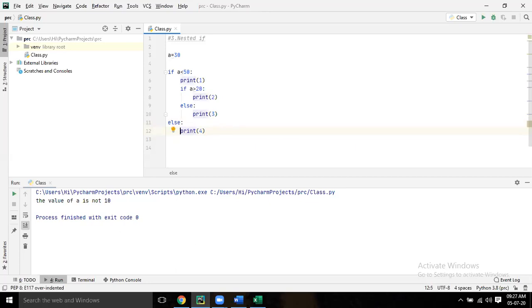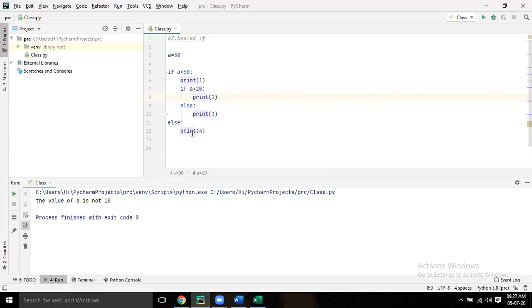Now see the indentation properly. First for this if, this is the else. Last else is for the first if. So everything should be in the same indentation. All print, if, else, print. Now second if and second else inside, that will be in the same line. Now print 2 and print 3, you have to give tab. That means this print 2, print 3 is inside the second if, second else. But print 1 and print 4 is inside the first if, first else. So this is the indentation you have to give, otherwise it will give error. You have to properly maintain this thing.